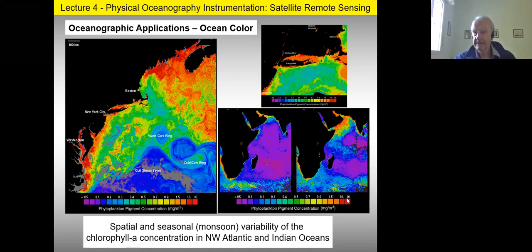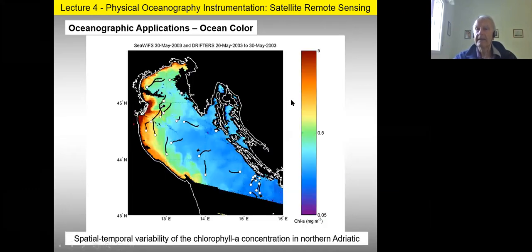Okay, so the scale is phytoplankton pigment concentration. It's in milligrams per cubic meter. And so that's how we use these data, not only to study the phytoplankton lifetime, but we use this data also to interpret the oceanographic features. The ocean color